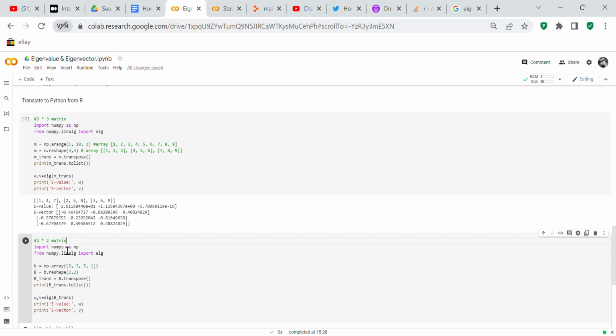m equals m dot reshape 3 by 3. So we're going to reshape it into a matrix of 3 by 3. But Python doesn't make its matrices the same way that R makes its matrices. Python does it by